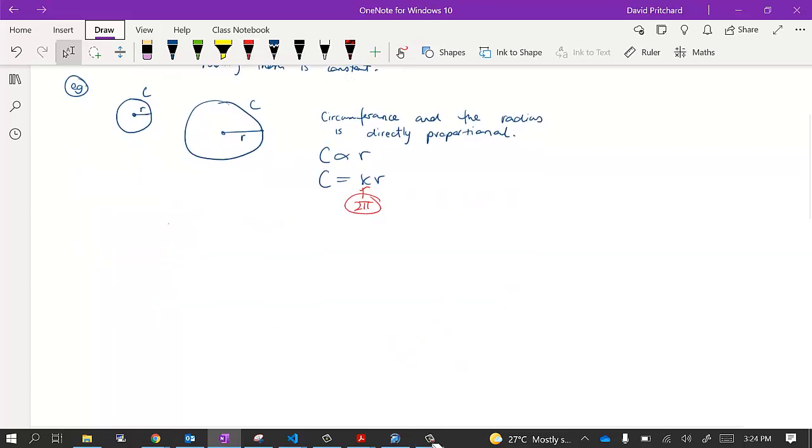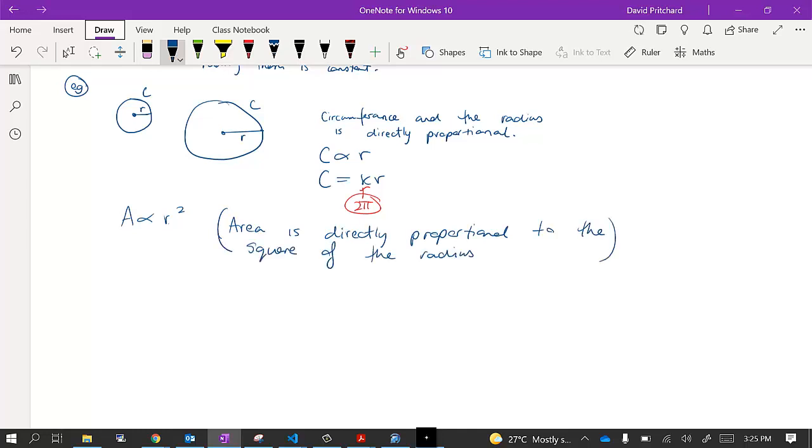Now a circle is an even better example because it doesn't just have one proportional relationship, it has two. The second proportional relationship is that the area is proportional to the radius squared. So the relationship between different variables doesn't need to be a simple relationship. We can look at different relationships like squares, square roots, cubes and so on. If we can define that relationship, in this case that the area is directly proportional to the square of the radius, then we can say that the area is kr